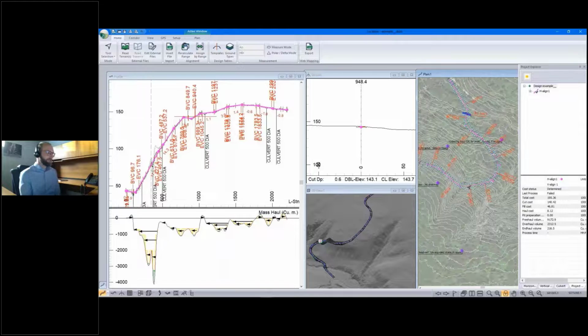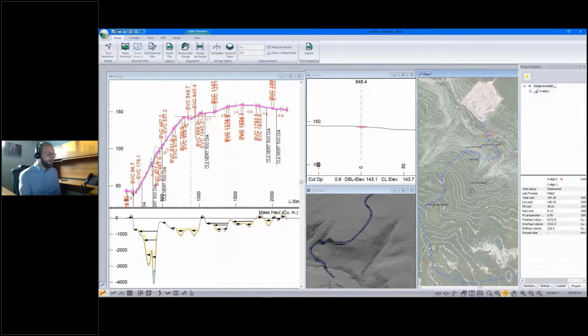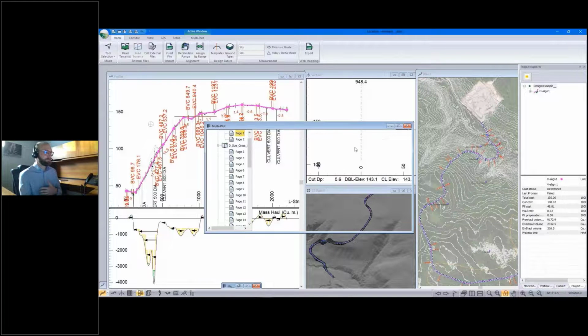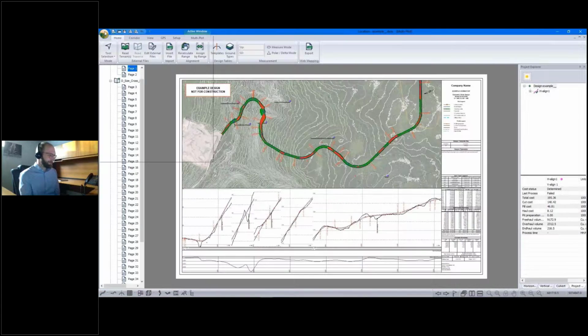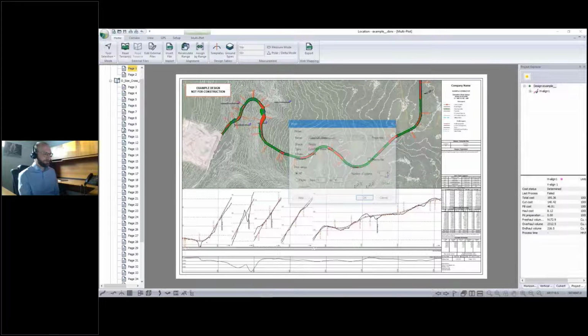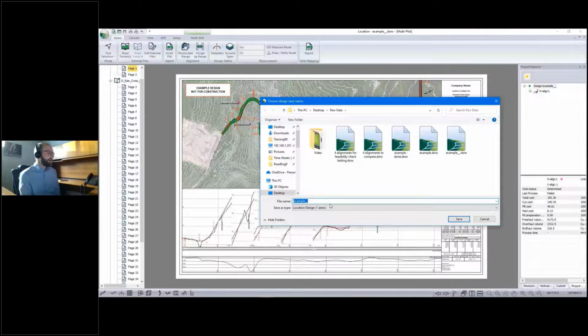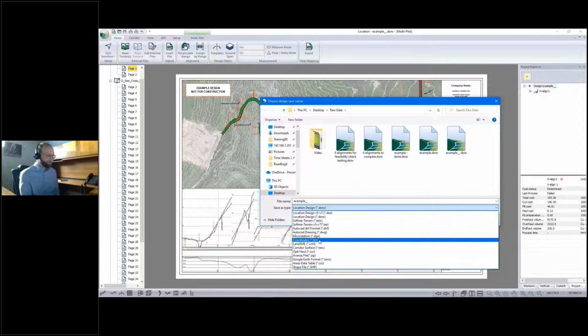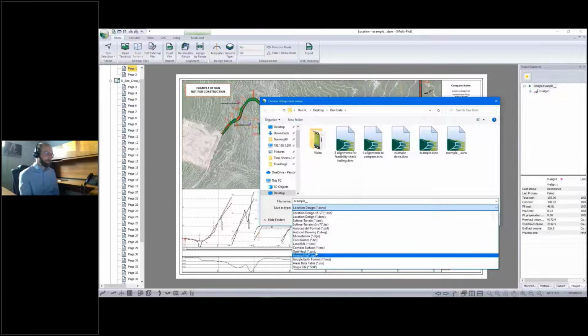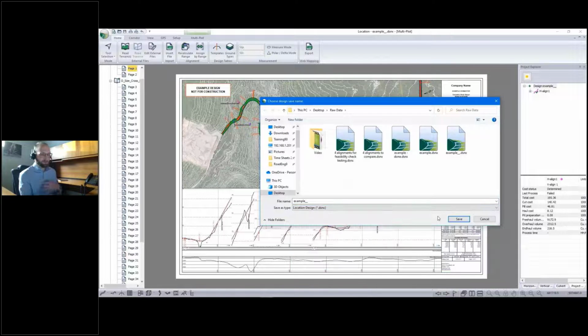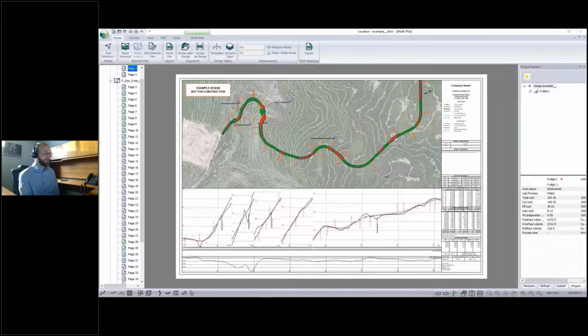So assuming we're happy with where things are at, next step would be to finalize the design, change our multi-plot there, so the actual design document, to say for construction, and add any construction notes that you'd like to include on it. We can print it to a paper copy, we can print it to PDF, we can export it as an Avenza file if you'd like. But then if you're doing something a little fancier, and it'll depend on what kind of tools you have to pull from, we can also export that for construction staking in a variety of digital formats. Or we could export it tabularly if you're just staking it by hand. So with that, we'll jump out of the video,